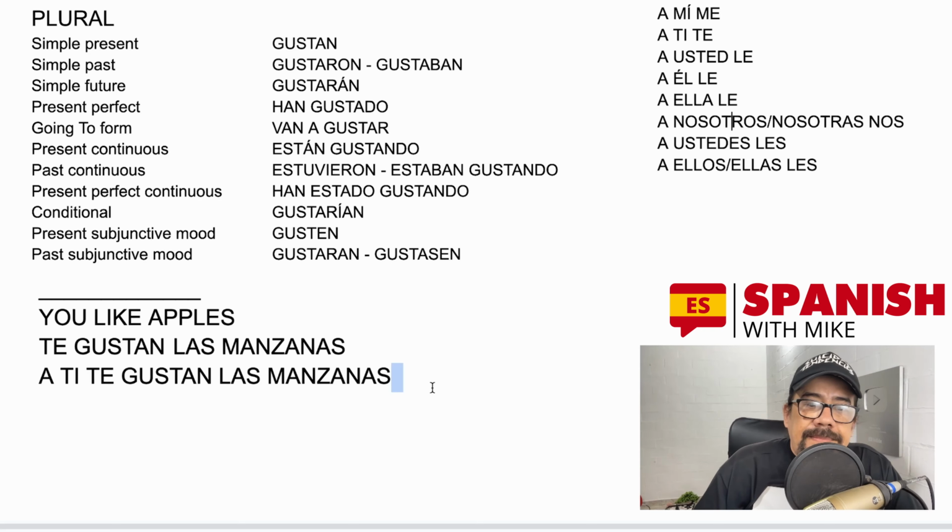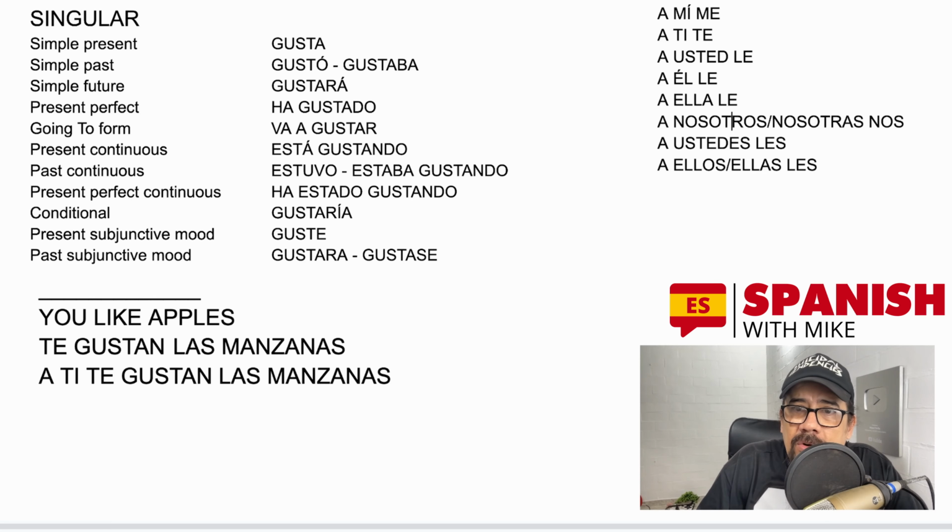Manzanas. And that's pretty much it. So what you need to do is practice based on these tables, either for the plural if the object is plural, or for singular if the object is singular. And remember, for any of the subjects, you use the upper right table. So let's do